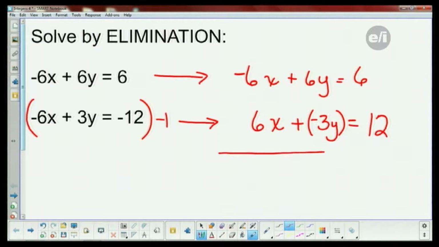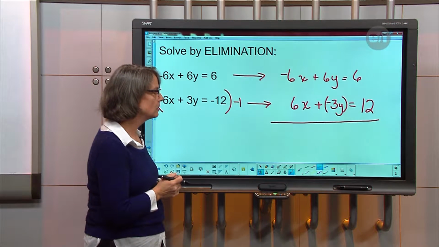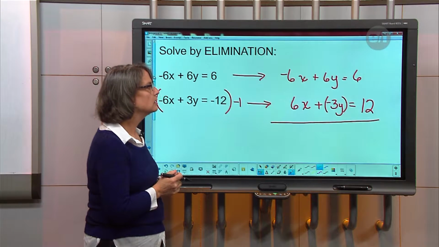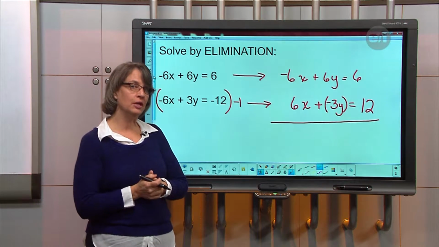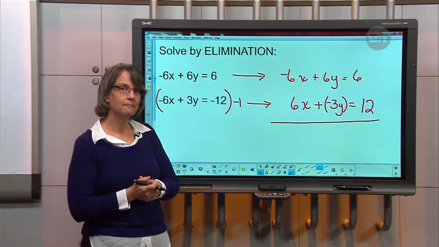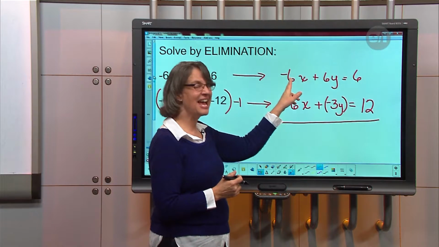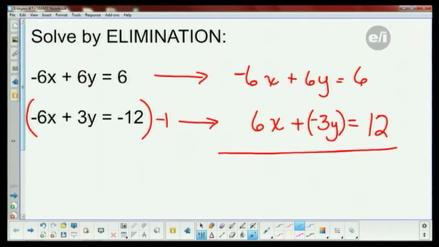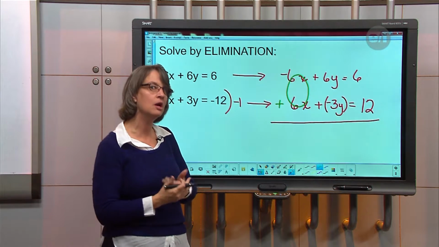So now we can work on eliminating. How am I going to eliminate? What do you want to do? You would cross out the positive 6 and a negative 6x. Why? What operation are you doing in order to do that? Adding, subtracting, multiplying, or dividing? Subtracting. Oh, watch. We have a negative 6x and a positive 6x, so we're actually going to add them together because that will make the 0, and that's what you're looking to do, is to cross them out or make 0x, okay? All right, so I'm just going to write a big 0 there, so when you go back and review this, you can actually see that it made 0, okay?